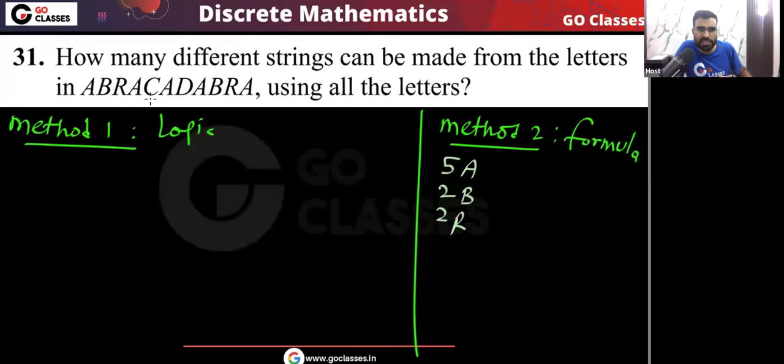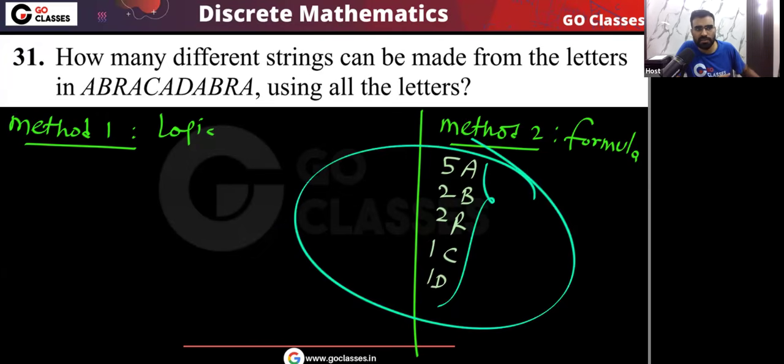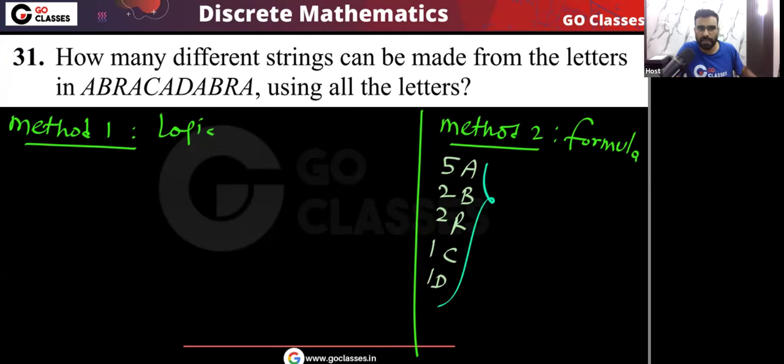A we have counted. How many C? Only one C is there. How many D? We have not counted D. Only one D is there. A, B, R we have counted. So this is the classification of characters in this word abracadabra.